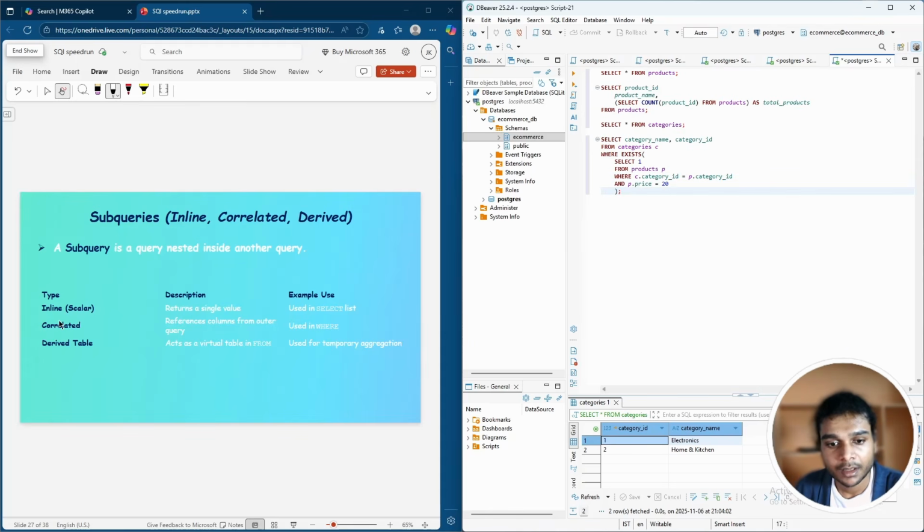And coming to the core concept, the correlated subquery references columns from the outer query. Here we are selecting category name and category ID from the categories table where exists. Here we use a where clause, but the condition is quite different. We just use exists, which means something should exist, like it says. So here we say select 1 from products P where C.category ID, we're referencing this column from outside this block of query, from the outer query. We're referencing the categories table from the outer query, and that's why it says it references columns from the outer query. And we're referencing it using C.category ID equals P.category ID, and P.price equals 20. This prints